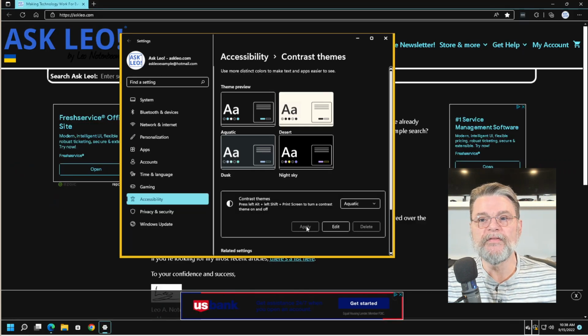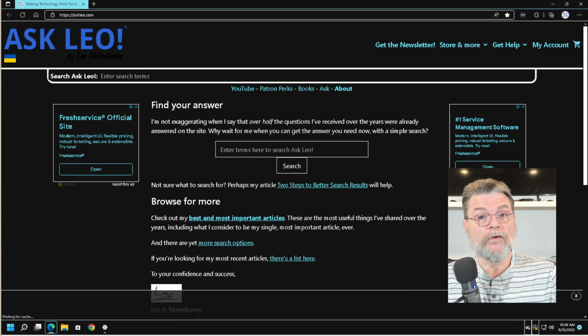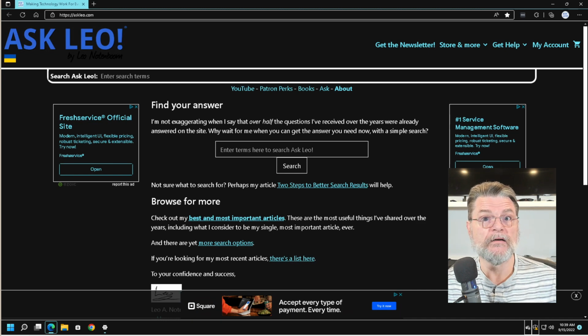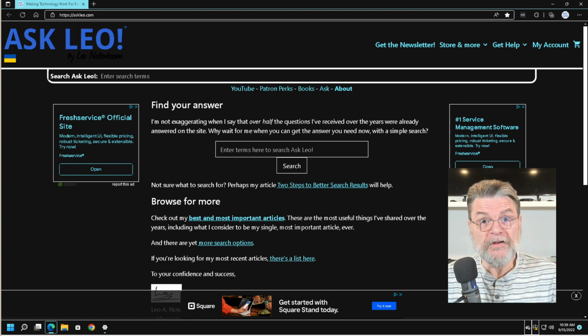Now all of a sudden everything has become very, very high contrast. I'll just minimize the settings dialog for a moment. And once again, now you can see, instead of being black on white, high contrast has turned this into white on black. This can be more readable. It's ugly as sin. I totally get that. But if you're trying to read something on the screen, that ugliness may be a price worth paying